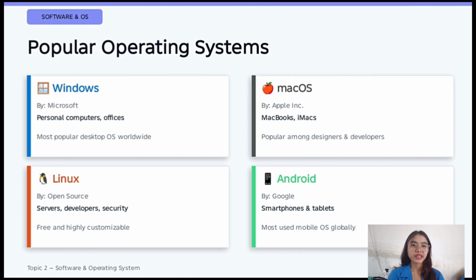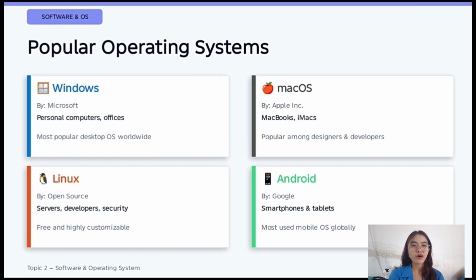Now, let me tell you about the popular operating systems that are used around the world. First, Windows. Made by Microsoft, Windows is used on personal computers and in offices.